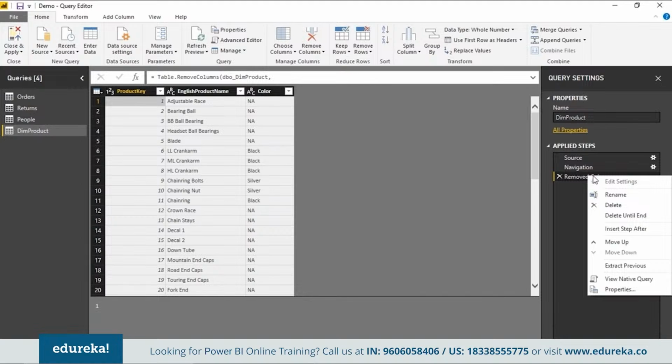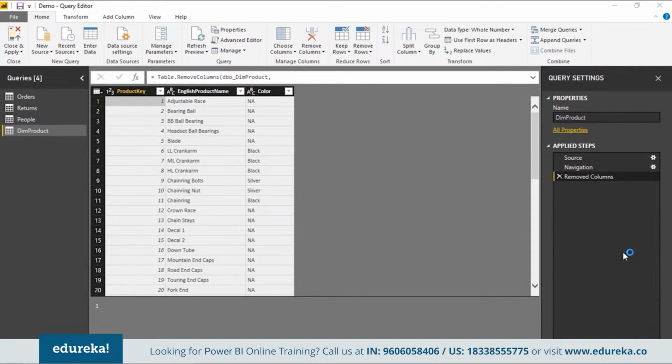So instead of performing this operation within Power BI, that is, instead of performing this in memory inside Power BI, I will be performing this in the database. So you're transferring an in-memory operation to an in-database operation. Now that stuff will be performed in your database, that is in your SQL Server, and the resultant will be returned. If you right-click on that and go to View Native Query, you can see that this is the resultant stuff that will be returned from my underlying table from my database.